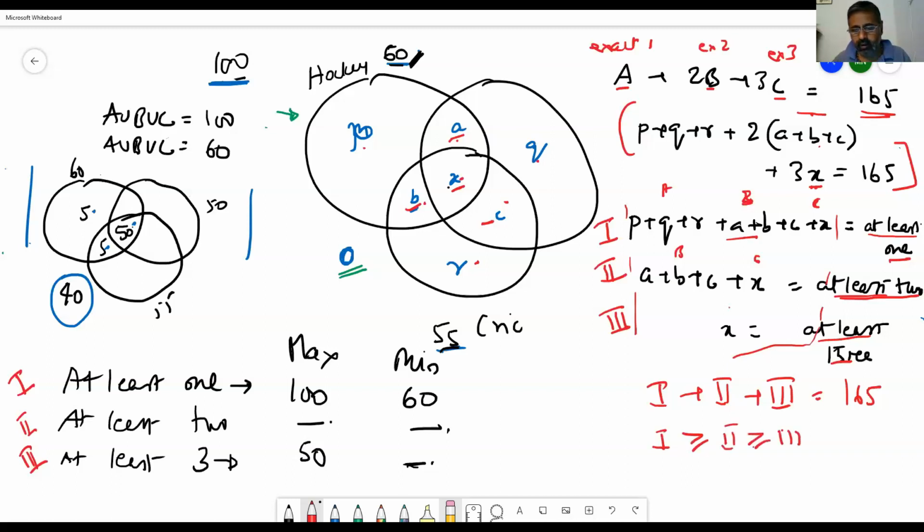You can't have at least 1 less than at least 2, because at least 1 will always be larger. You could have P, Q and R equal to 0, in which case at least 1 will be equal to at least 2. Are you okay with this? Plus, these 3 are the conditions which you know, which will help you arrive at the answer. In any Venn diagram that you get, these are the things that will work. Are you okay with this condition?